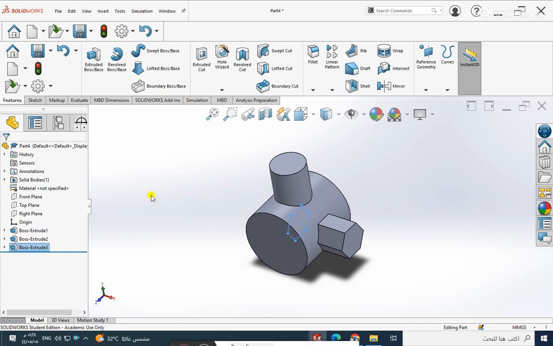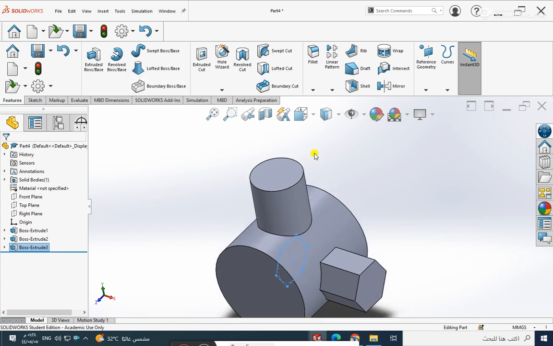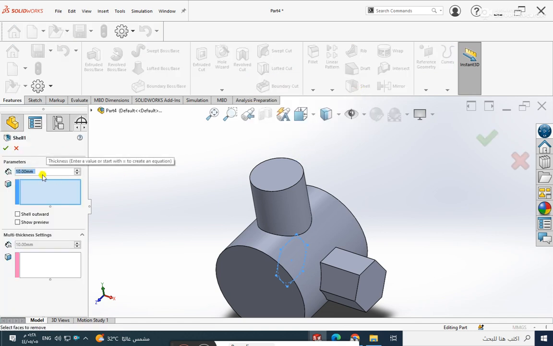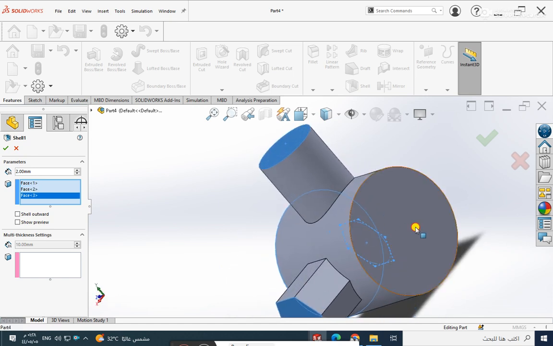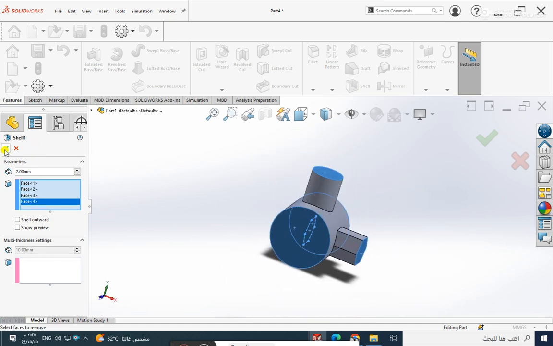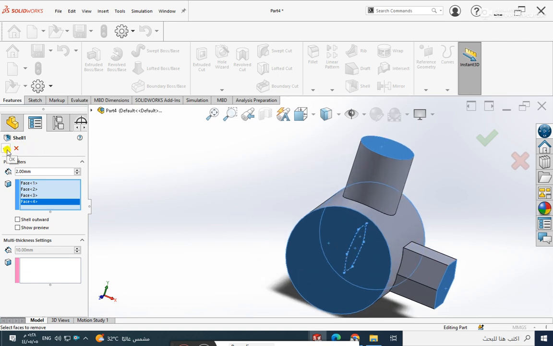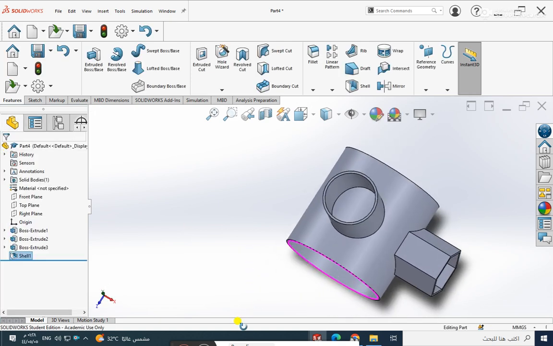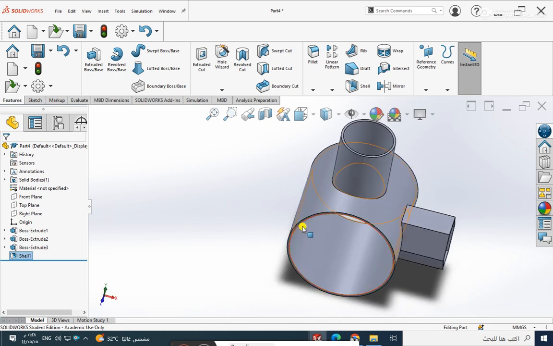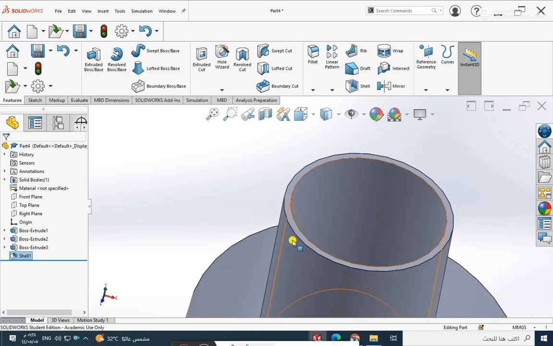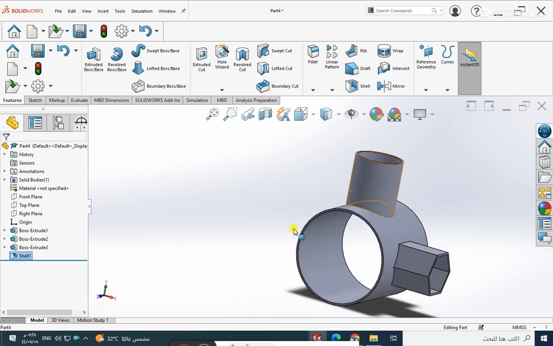Finally, I want to give you an idea of how we can make a shell. So we have a shell here. Let's say that the shell has 2 millimeters thickness. So click here, click here, click here, and click here. So it's gonna make this shape empty from inside with a thickness of 2 millimeters. Let's see, check. And this is how we make a shell. If we want to make it a shell, or empty from inside with a thickness of 2 millimeters, this is how we do it. You have to click on the surfaces